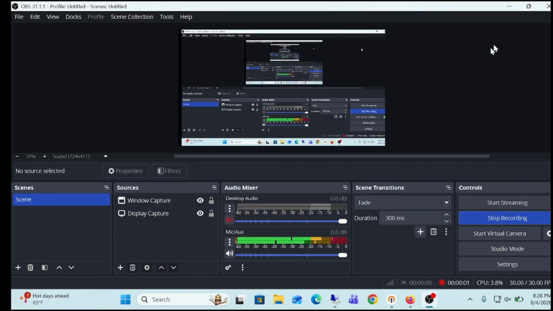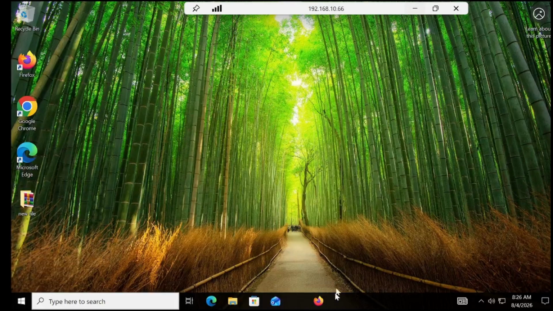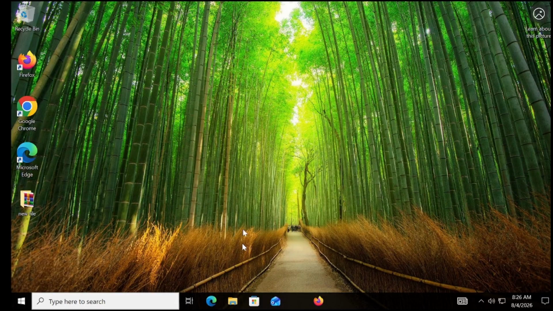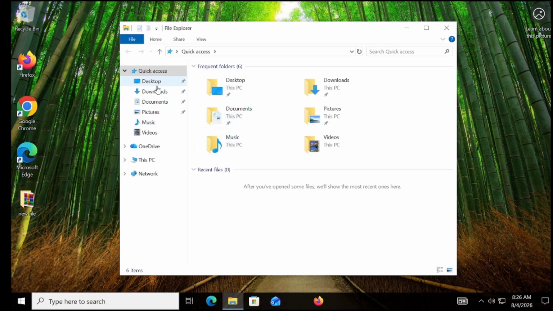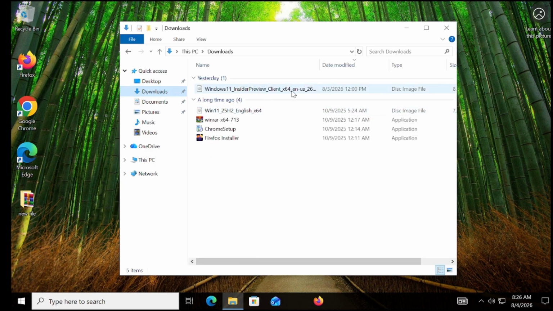So we have successfully downloaded the ISO, and let me show you. If you go inside the downloads, you will have the ISO. This one is an Insider Preview, 26300. This one is the ISO for 26H2, and now we need to